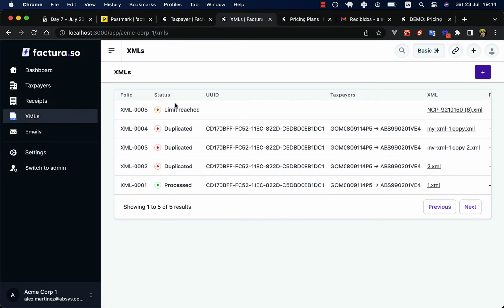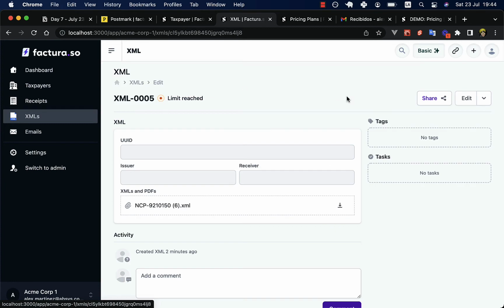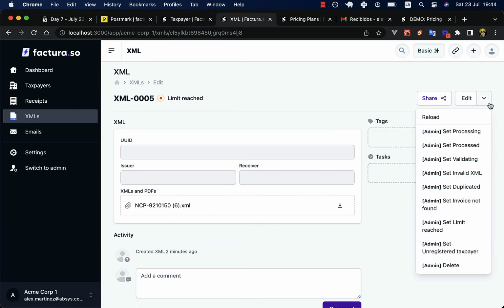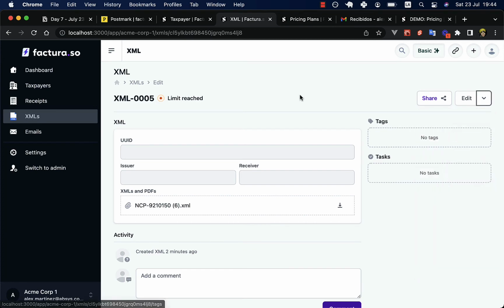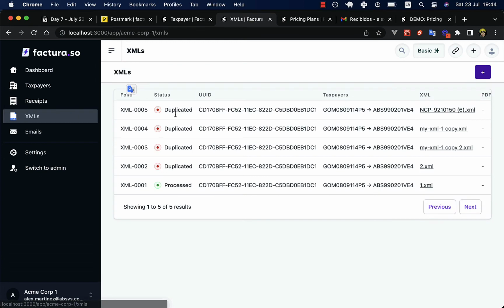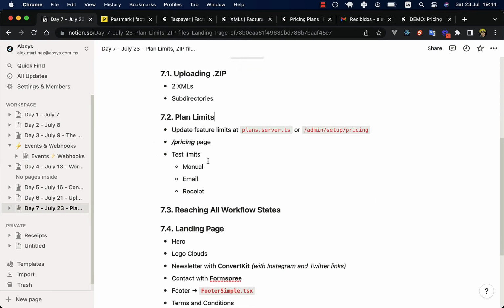And now let's go through this XML, and as we are admin users, we can process them again. So let's send them to the processing state again, and it will say that it's duplicated, but it won't say that the limit is reached anymore. So this